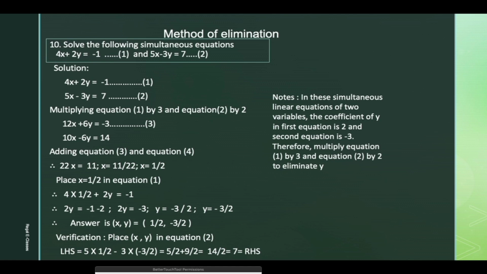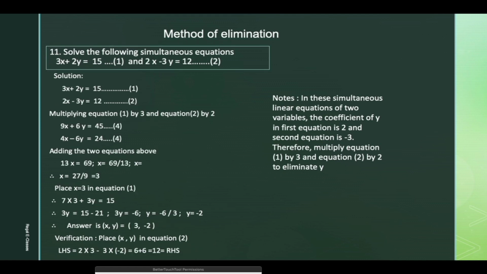Now we move to solution of equations using the method of elimination. You can see, go through it. It is a very similar approach. You have to eliminate the variable and get the answer x and y. The best way is to sit down, take your notebook, write this problem, solve it yourself first, then come back and see whether the answer is correct. Similar problem with different numbers. Again, method.